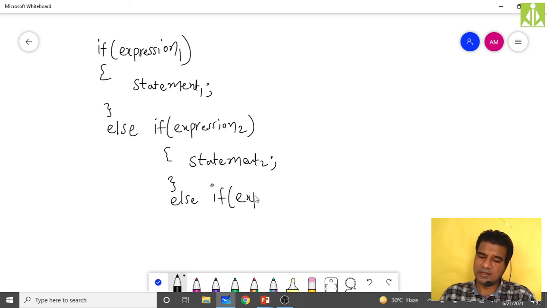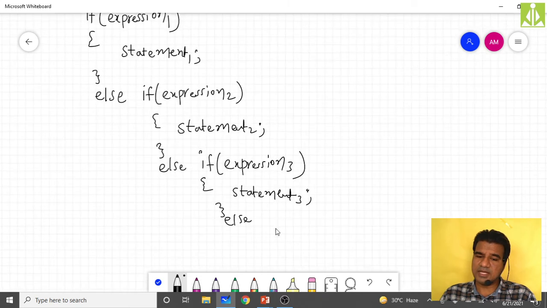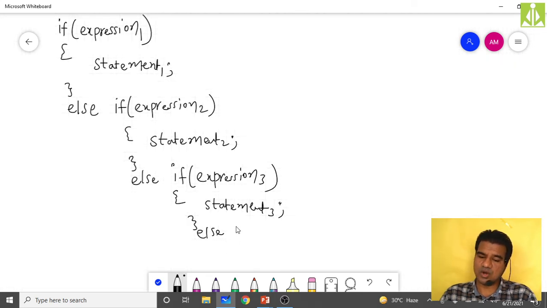If expression 3 followed by statement 3, close it, then put the else part. Likewise, you can put as many as you want. There is a continuity up to if followed by expression n.